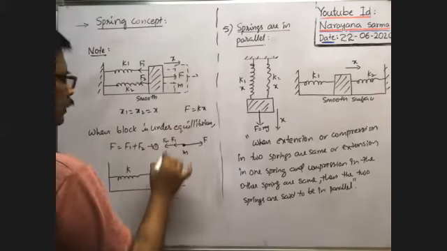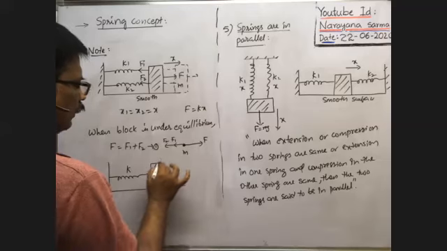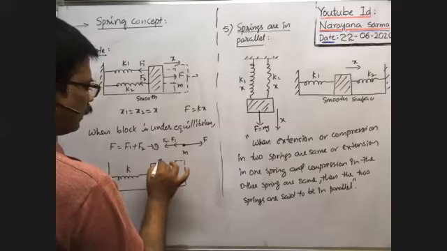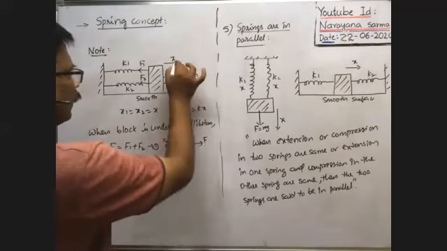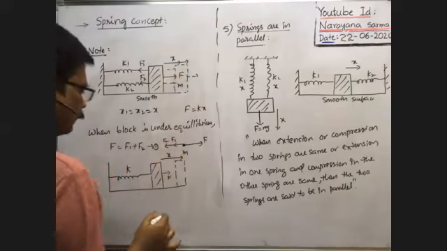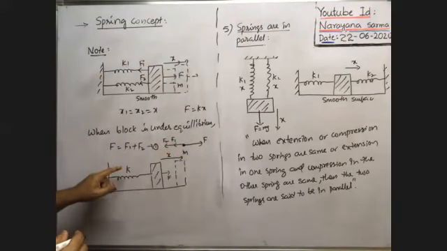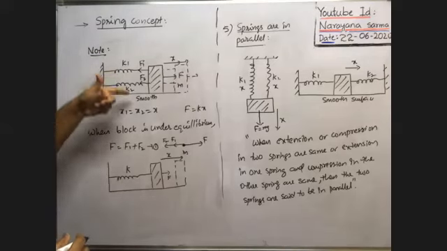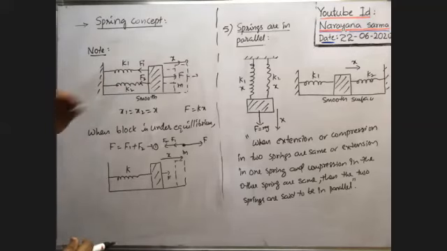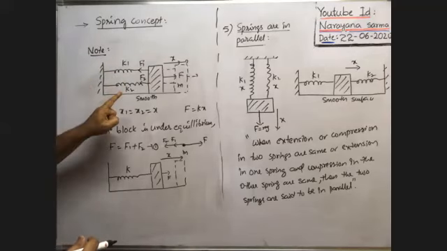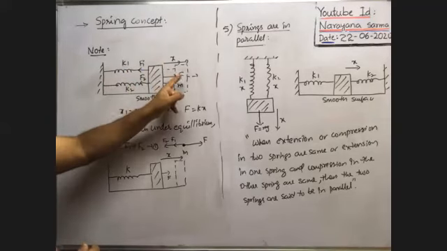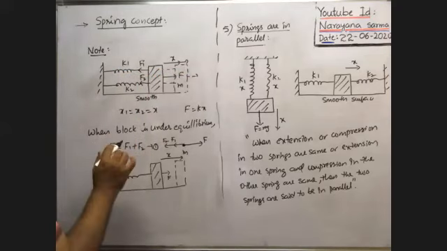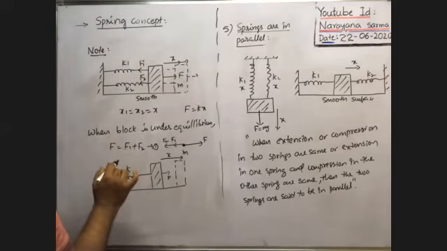When the same force is applied on the block, it has to displace by the same amount, x. Then the spring constant of the single spring is called the effective spring constant of the two springs when they are connected in parallel. Whenever the two springs are replaced by a single spring such that the same extension takes place when the same force is applied, that is called the effective spring constant.